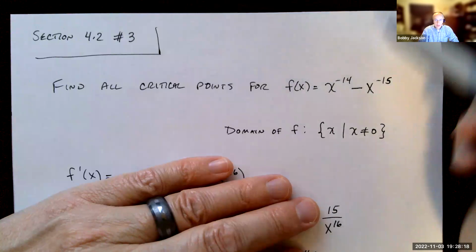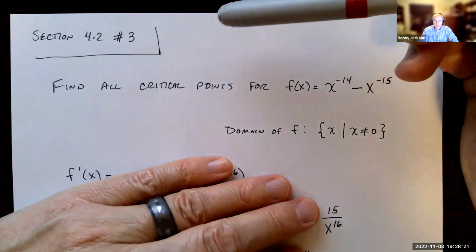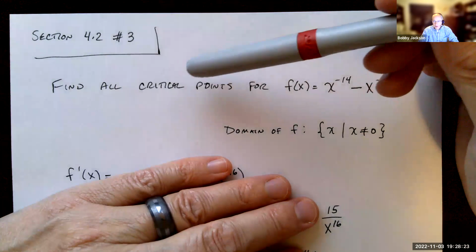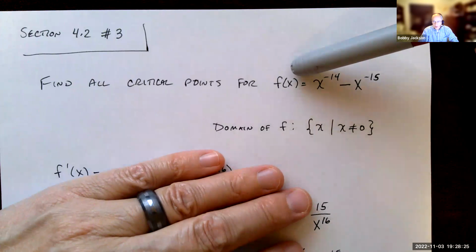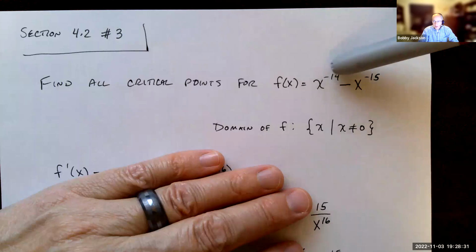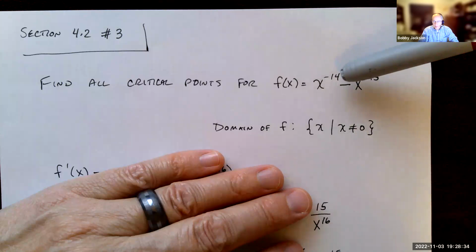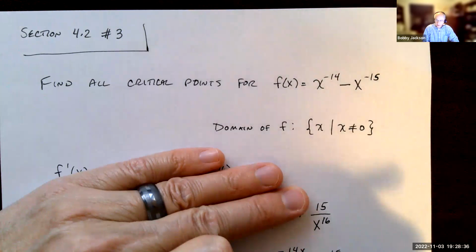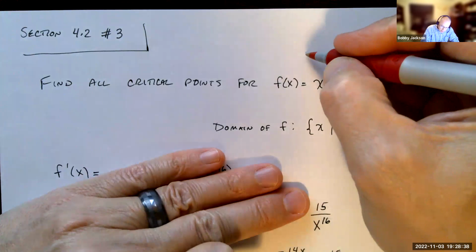Hey everyone, let's take a look at section 4.2, number 3. We're to simply find the critical points for this function here. Of course, your exponents might look a little different than this. They're both negative exponents. And so remember that this can also be written as